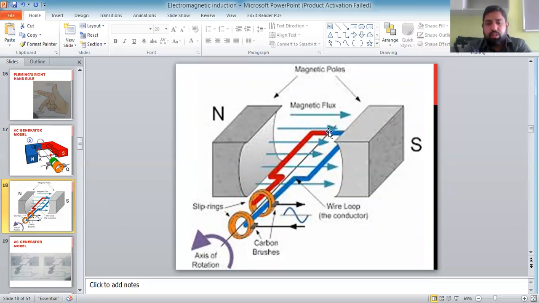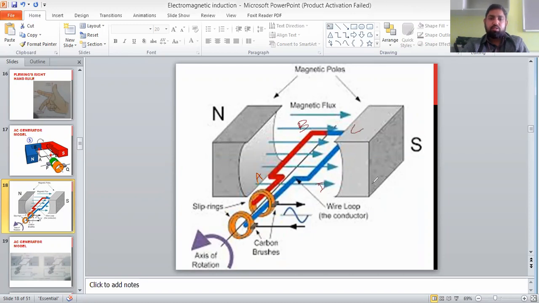That rectangular coil has been colored here, half in red color and half in blue color. So we'll be considering this part of the coil. I can name it A, B, C, and D. For example, this one is A, this one is B, C, and D. So, for example, we have a setup where we can rotate this coil in that magnetic field.